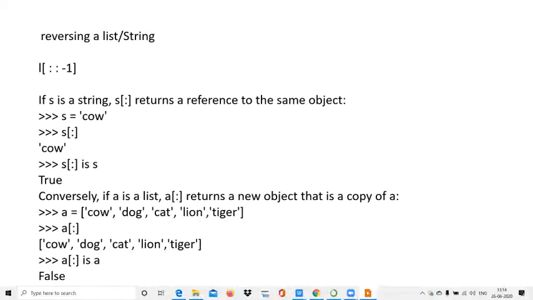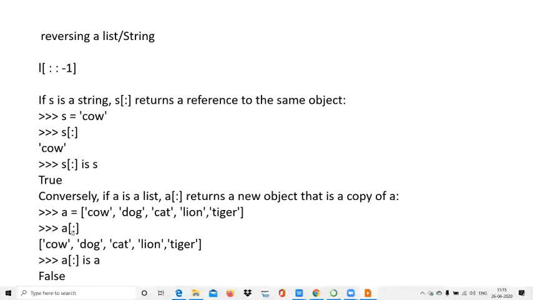Now, in a string, see, strings are immutable. This is one test for checking that strings are immutable. If I create S with this, again it will print cow. This is a string having the value cow. If we compare, if this is the same, yes, this is the same, True. But in the case of a list, it is not True. It will return a new list.